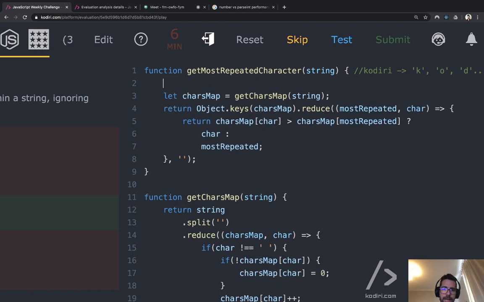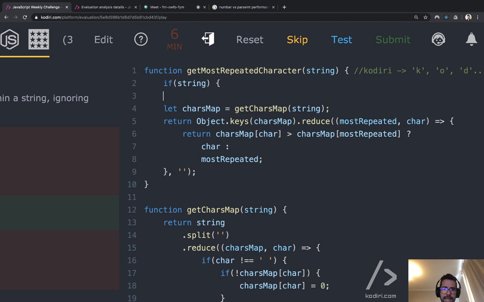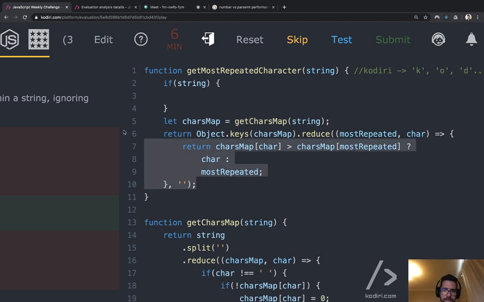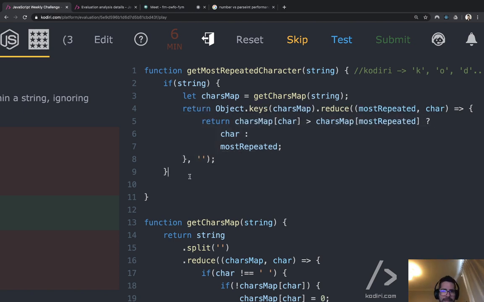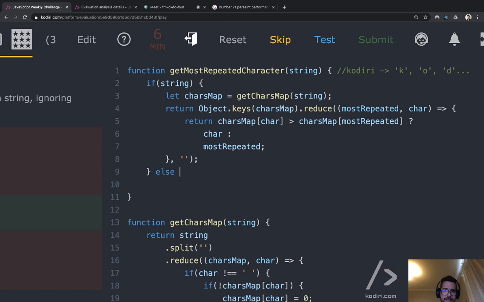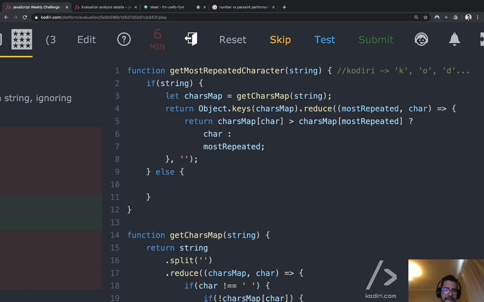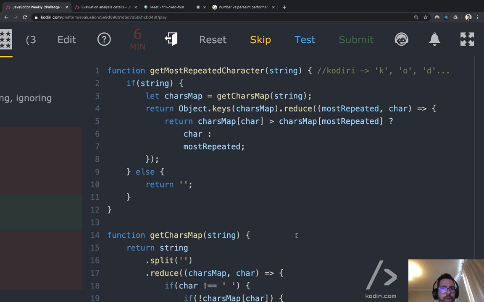So to change the approach a bit, I will simplify the problem. Look, I will do: if I got a string, then do all these things. See, if I got some data, then iterate, then check data. Else, if I don't have any data, then just return an empty string. Not sure, guys, if that's the most elegant way of solving the problem, but I find this quite pragmatic.